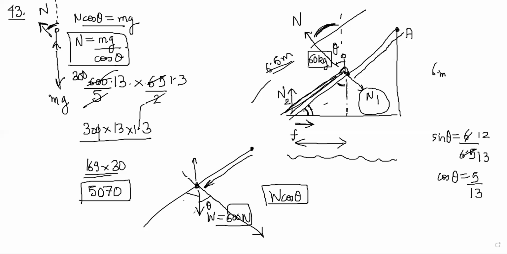I'm saying weight's component will be two, right? Weight sin theta, weight cos theta, right? Sin theta will not exert a torque. W cos theta will exert a torque. And if you do W cos theta, then the answer will come, right? I'm assuming that the normal force is like this.